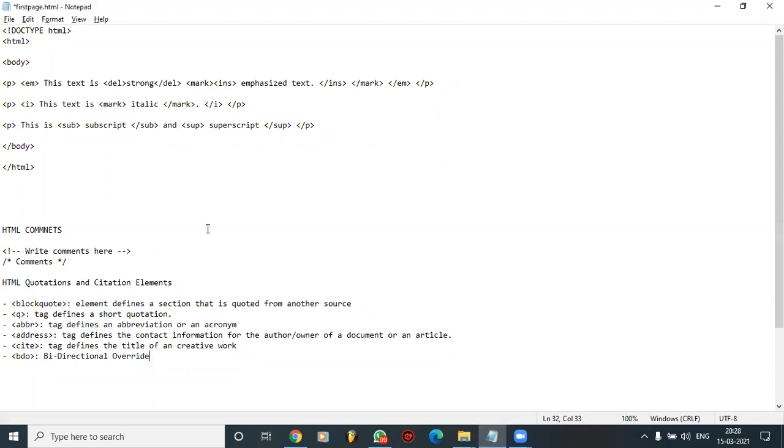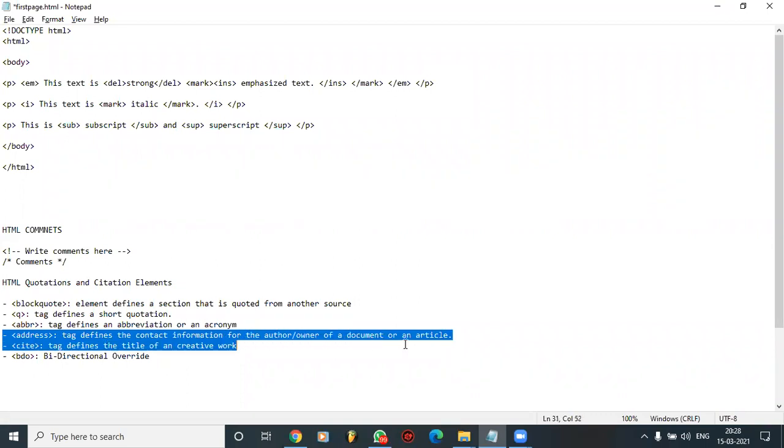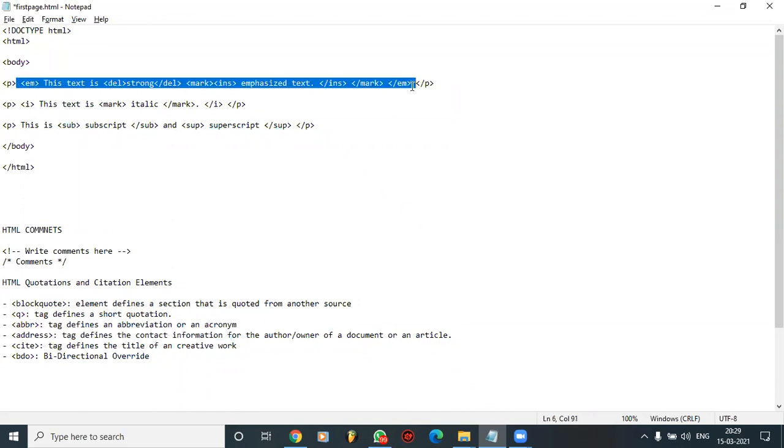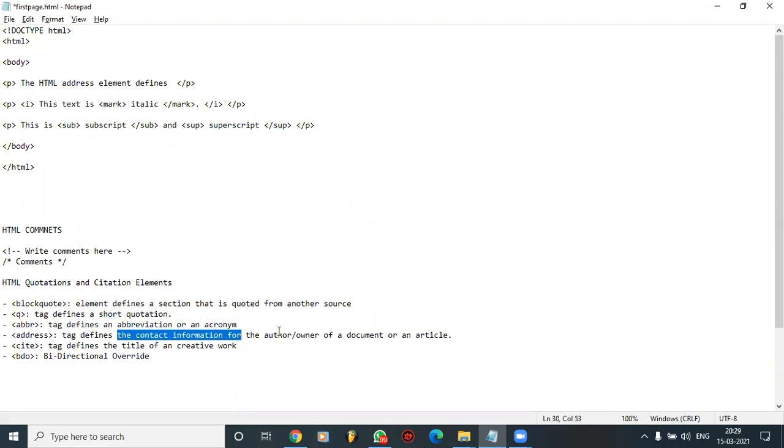What you guys have to do is, I'm gonna use the address tag, and you guys have to practice all the other tags. That is the task for today. Okay. First, let me complete this tag first. So here, it's the HTML address element defines contact information of the